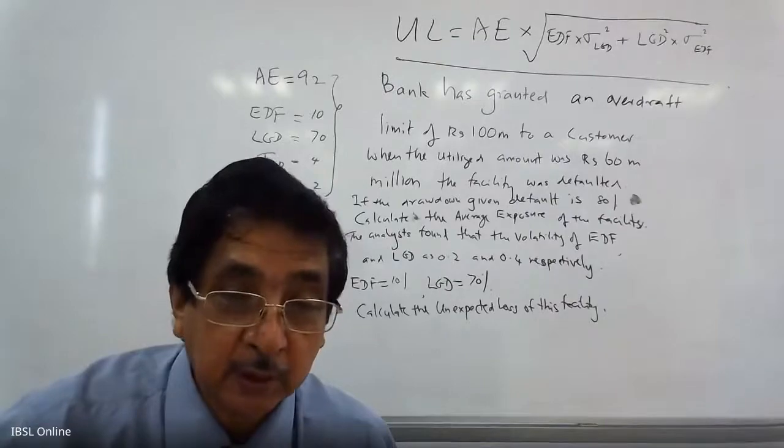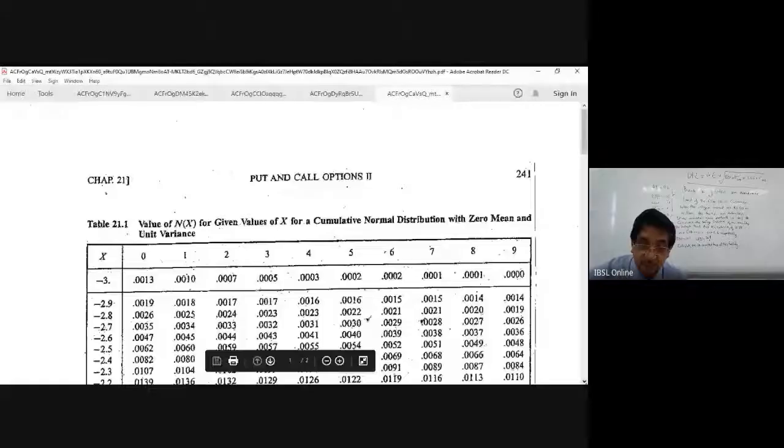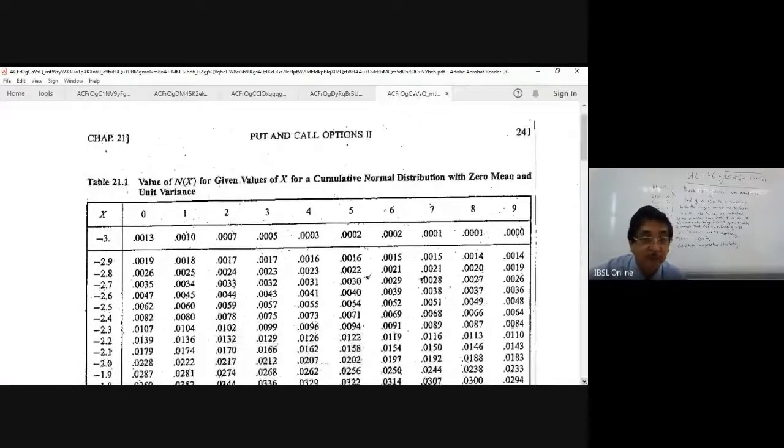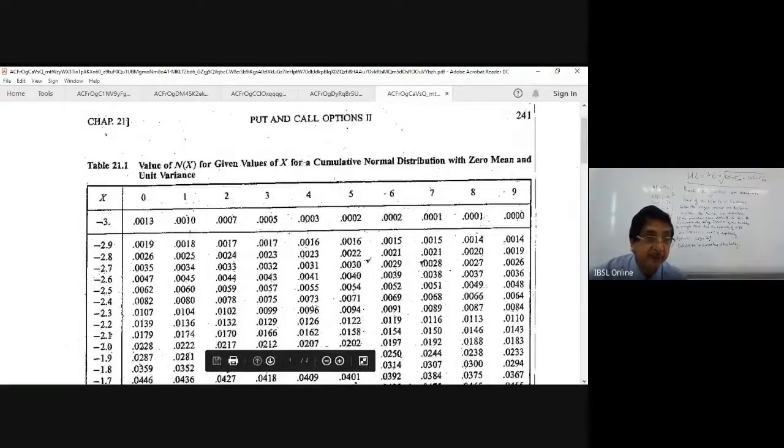Right. Now you have this table. This is what you call the normal curve table. Now you can read the details given on the top. Value of N(x) for given values of x for a cumulative normal distribution with zero mean and unit variance. Now, when you say zero mean and unit variance of a normal distribution, such normal distributions are called standard normal